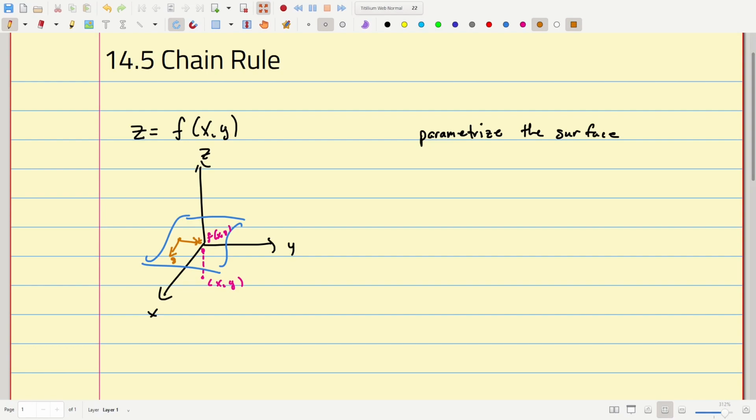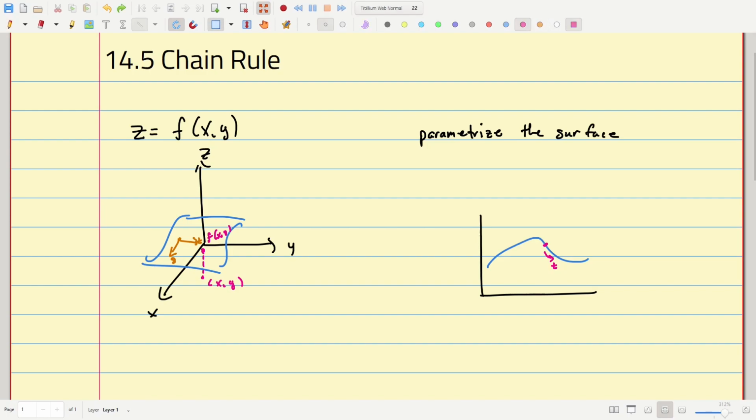And the s and t here are parameters specific to the surface itself. The analog being a parameter t with respect to this surface as opposed to,